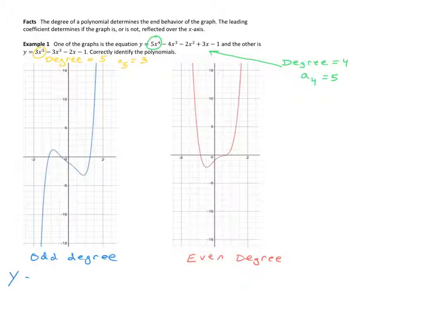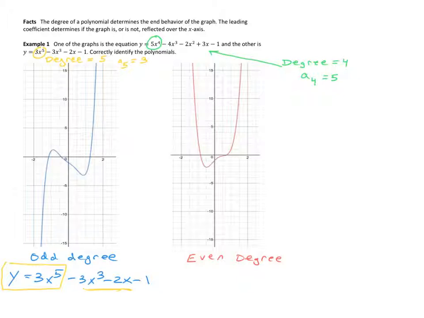We have y is equal to 3x to the fifth minus 3x cubed minus 2x minus 1. So you can check this by plugging it into your graphing calculator, but you should see a picture that looks like this. So again, all we're focusing on is this thing right here, this 3x to the fifth. Now, these other terms that appear within the expression dictate what happens in the middle of the graph. So the 3x to the fifth means it goes down on this side and up on this side,